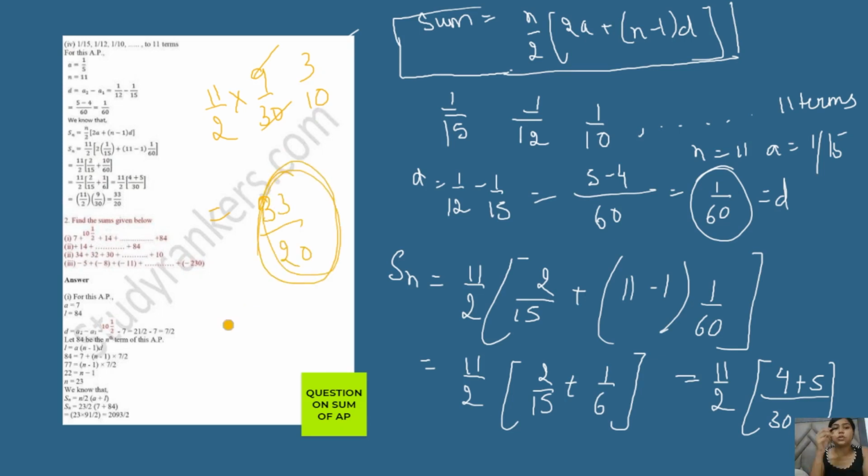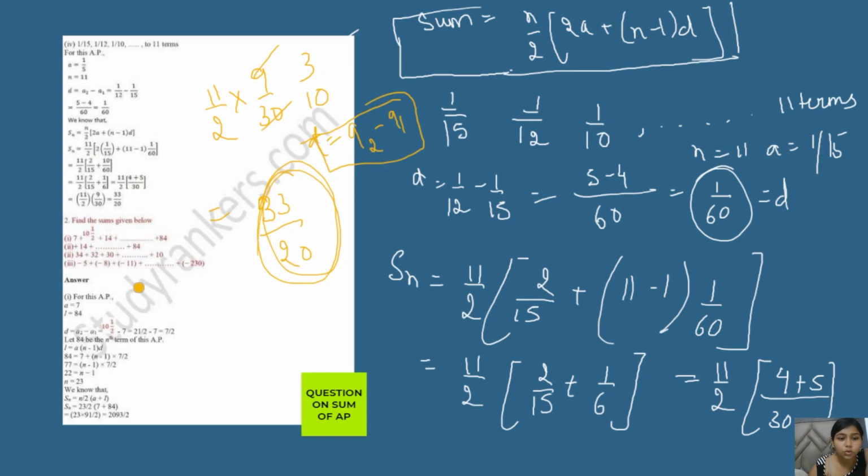I hope this is clear to you people, how we can solve the sums for the given number of n terms in a particular AP. This is very easy. You just have to know certain values, and when we know 3 out of 4 values, you can easily calculate the fourth one by applying the formula. If the D is not given, you know that D can be calculated by A2 minus A1, right? You can just calculate it.